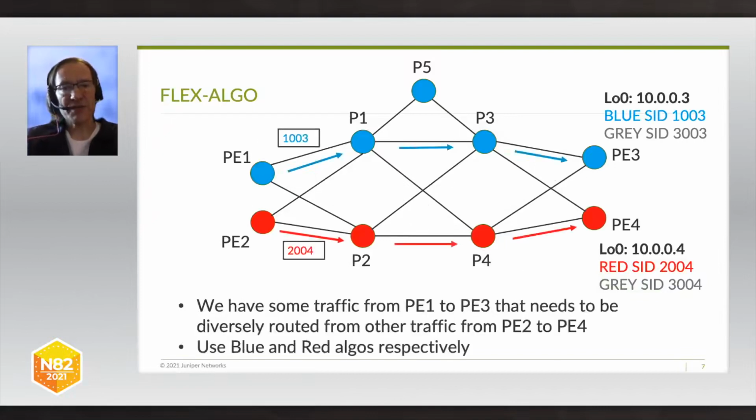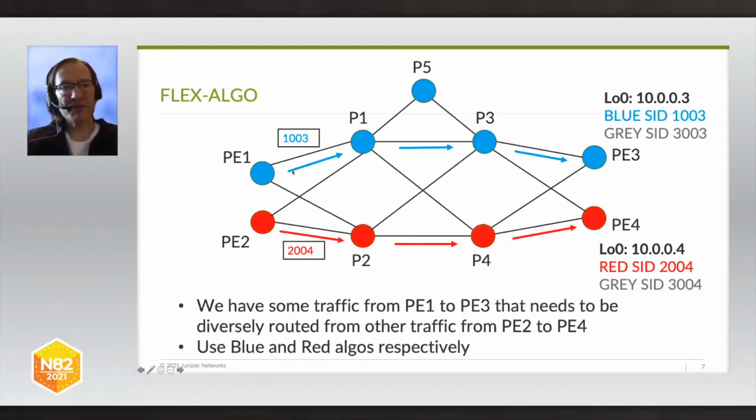Now, in contrast, we can look at what happens if we launch traffic onto a flex algo. In this example, PE1 wants to send some other traffic to PE3, but it wants it to be confined to the blue flex algo. So it puts onto the packets the SID associated with PE3's membership of the blue flex algo, 1003. Now, when PE1 did its SPF calculations in the context of the blue flex algo, it realized that its only viable next hop neighbor was P1, because P2 isn't even a member of the blue flex algo, so that would have been automatically discounted.